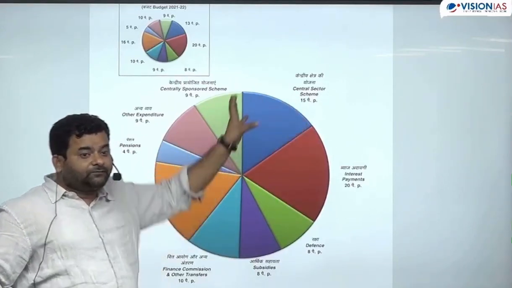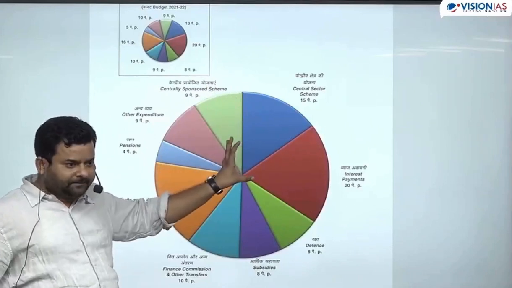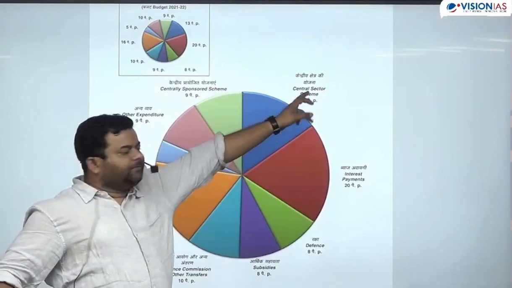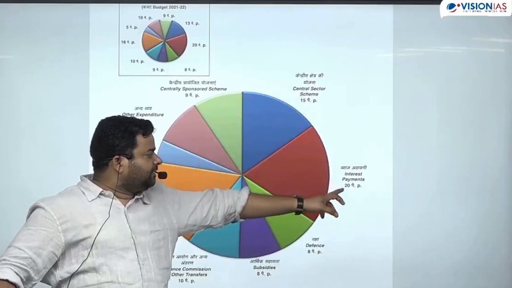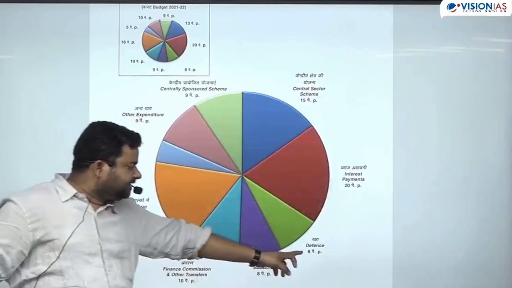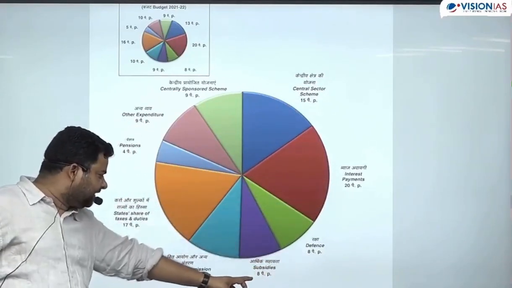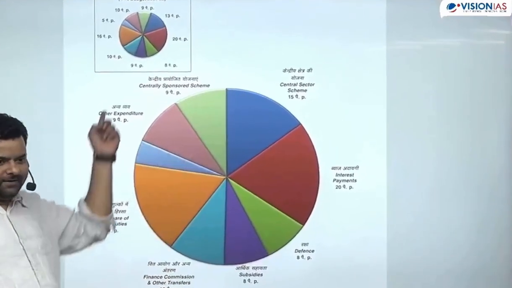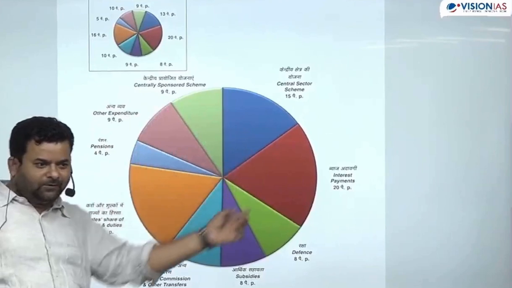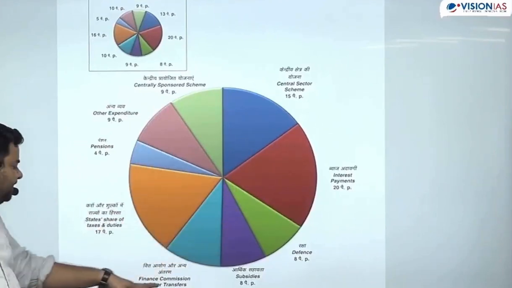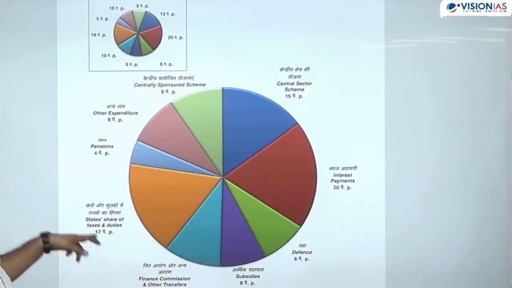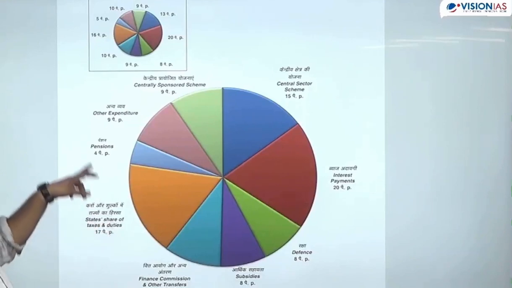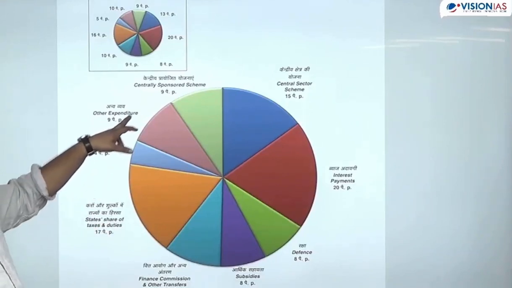This is the advantage of having expenditure profiling. Right. So central sector scheme 15 paisa is going. 20 paisa is going for interest payment. Defense 8 paisa. Subsidy is 8 paisa. That means 8% you can say, because this is 1 rupee. आपने ये 1 रुपए को इन्होंने डिवाइड करा है. Then finance commission and other transfers 10 paisa, 17 paisa state share in tax duties, pension 4, expenditure 9, and